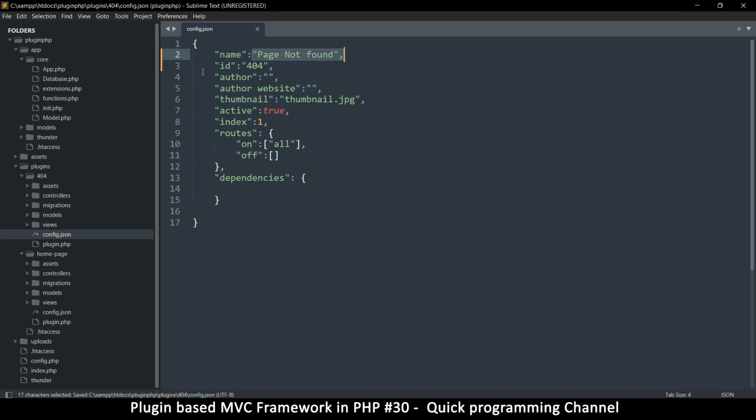So that's page not found. The ID is 404. That's okay. That's just a unique identifier for this plugin. And the author here, I'm just going to put my name there. And then I will also put my website, www. This is never going to show anywhere, but it actually does show somewhere, because eventually we will make a plugin manager for our admin section there. So let's see, free PHP